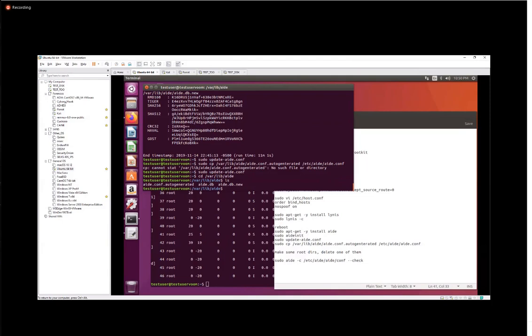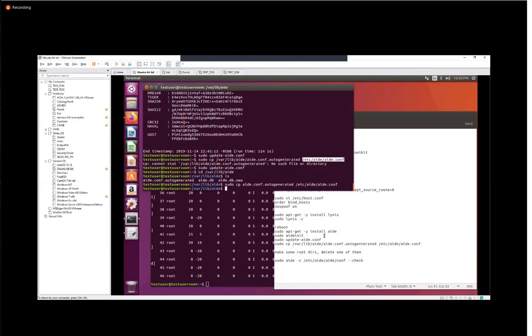Much better. All right, so now that we've copied those files to initialize it,